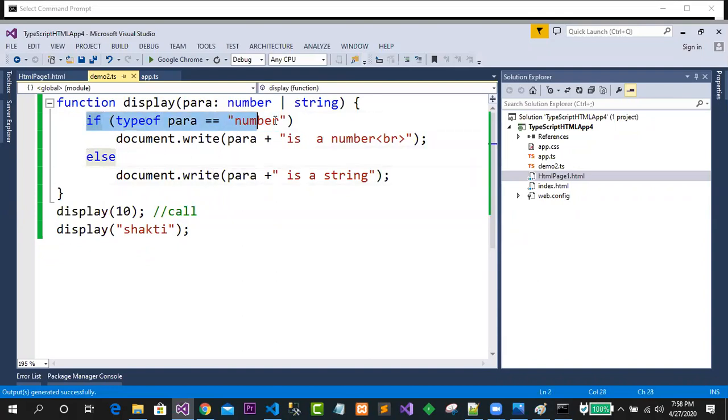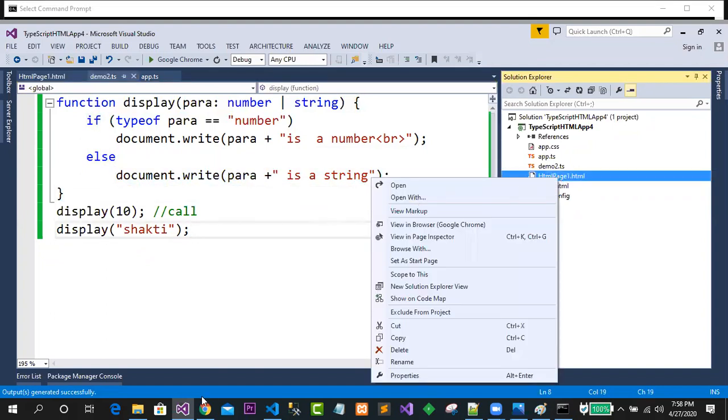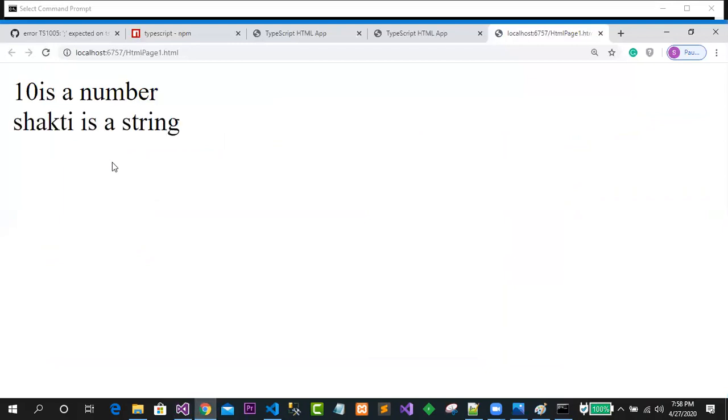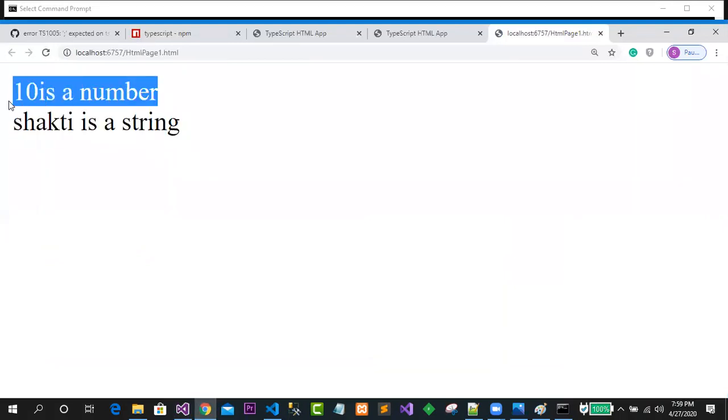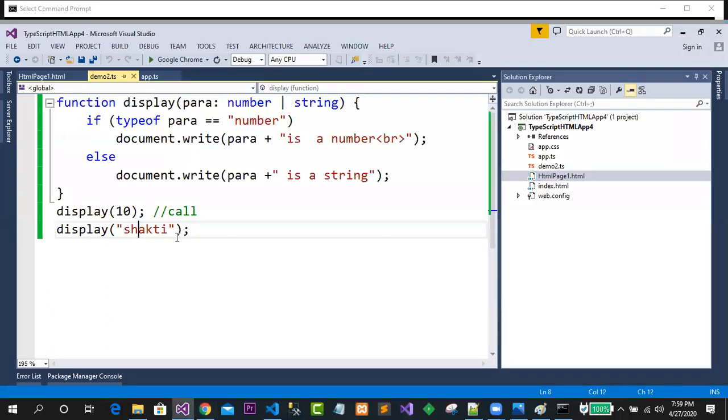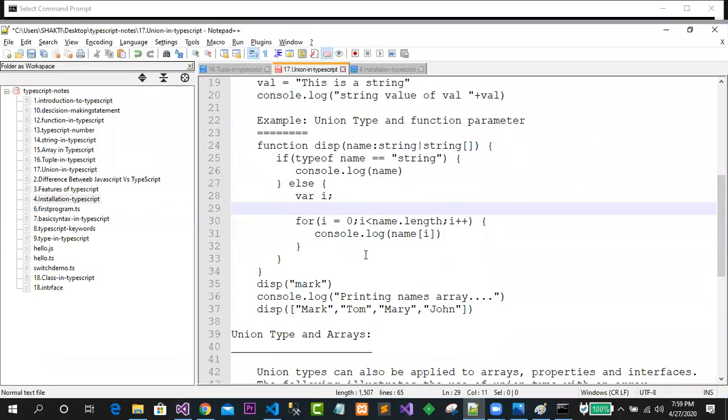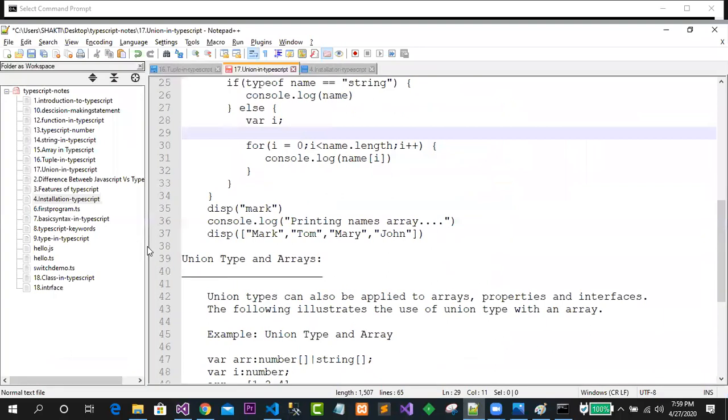If the condition is false here, it is going to the else part. If I run this page now, let me refresh this one. Yes, this is the output. Both will come: 10 is a number and Sakti is a string, because we have called it over here. This is what exactly I'm talking about. What is union? Clear? So you got some idea what union means.